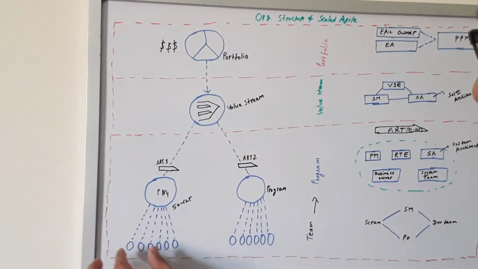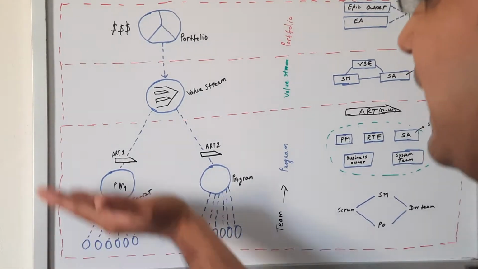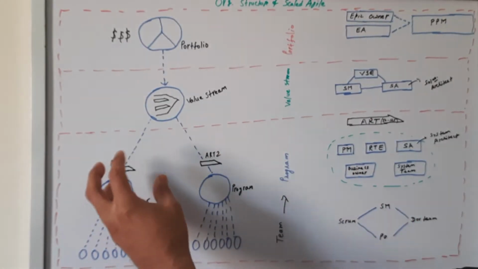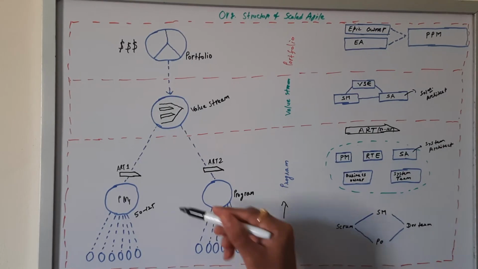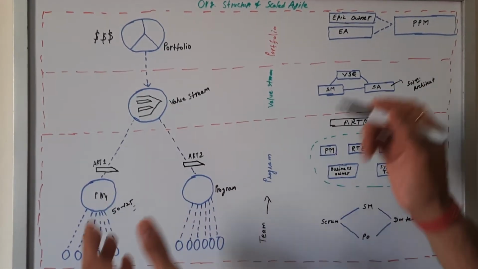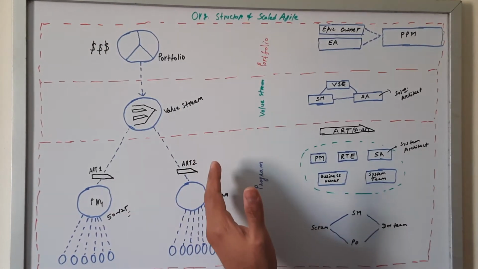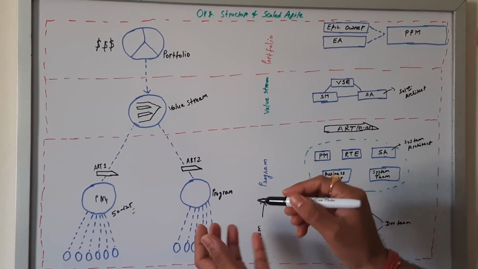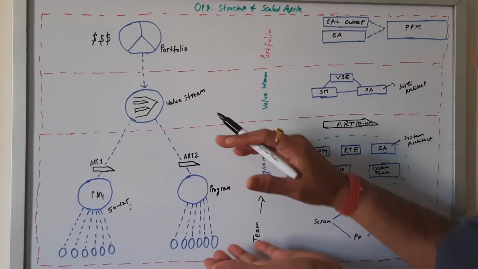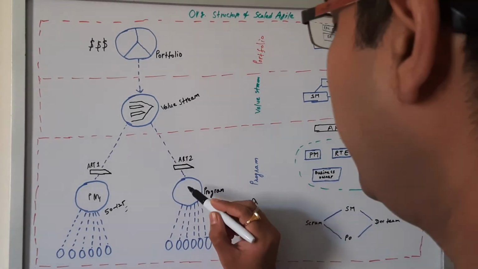Okay, so different teams are grouped and formed into a program. These teams are scaled here to program level. Now what will happen if our team size increases to more than 125? If there are 200 or 400 or 500 team members, in that case we will create another program, where 50 to 125 team members will be in one program. Okay, so we have created another program here.